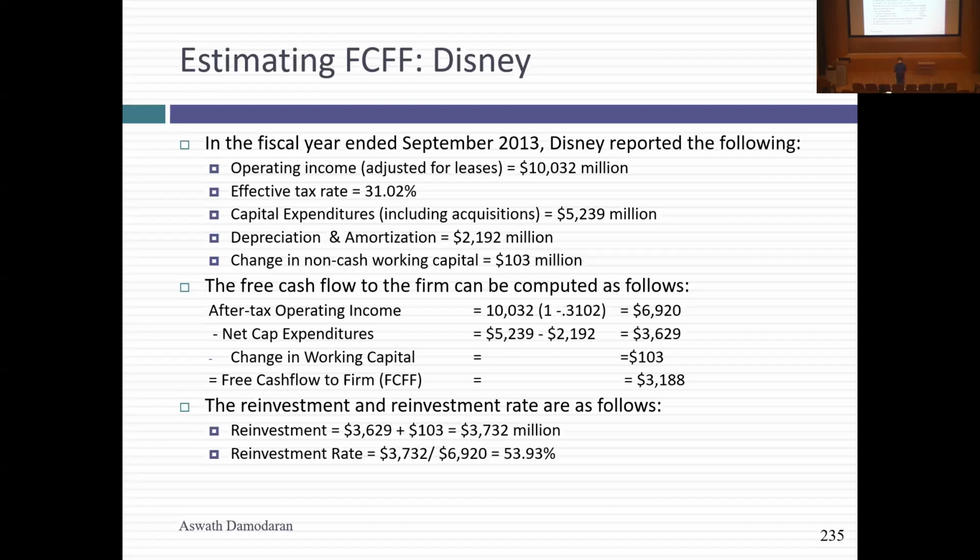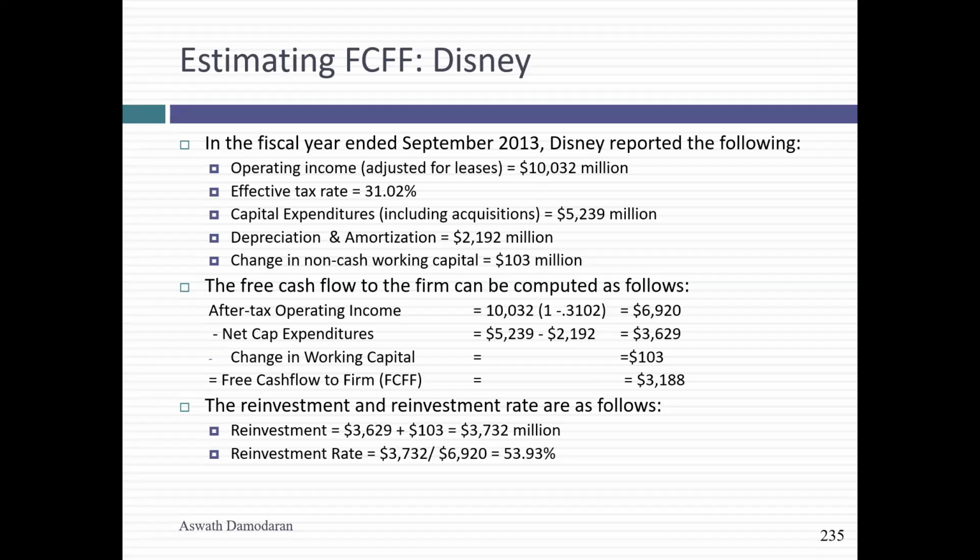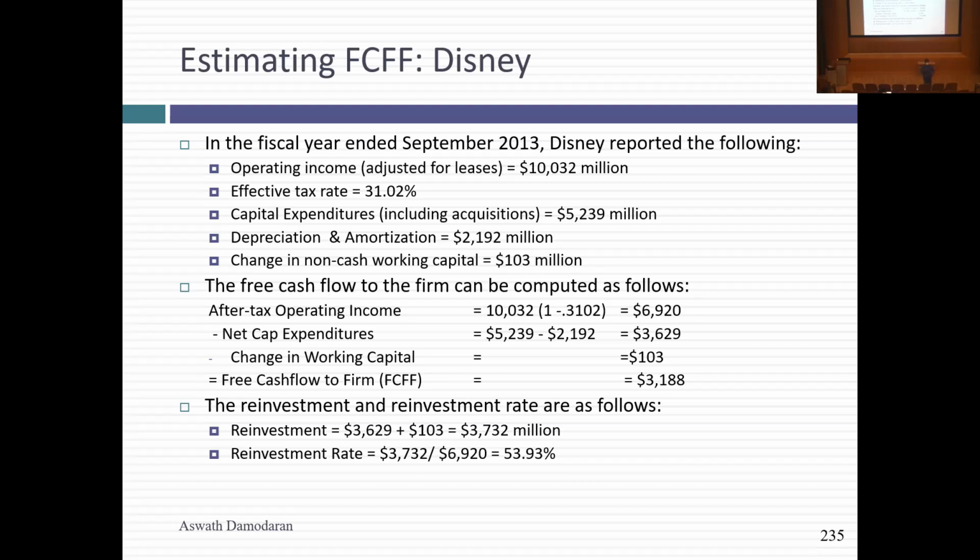Any questions on cash flows? Yes. Is there a reason why we're using cash flows to the firm for Disney? Because I'm going to value the entire business for Disney and just the equity in Tata Motors. Remember that choice we had about is the leverage stable or not stable? In general, it's always safer to value the firm because you can change your mind on leverage. Whereas with free cash flow to equity, it's much more difficult to change things like debt ratio. If you ever have to choose and you're wondering which one should I choose, just pick the firm valuation. Unless you're valuing a bank, in which case you have no choice but to value equity because debt to a bank is raw material. It's not a source of capital.